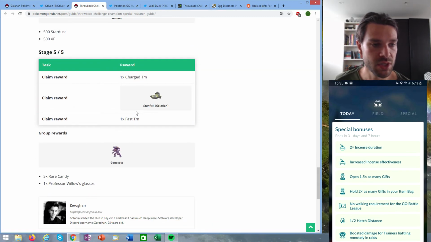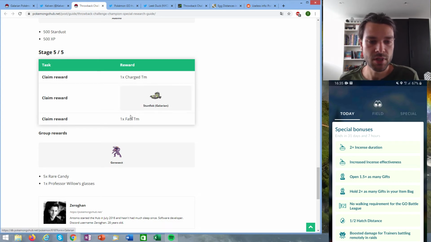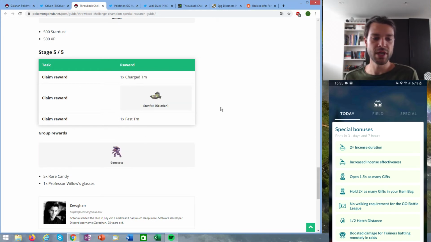And stage 5 is going to claim reward. Okay, so no test there. Charge TM, Fast TM, and Galarian Stunfisk and Genesect. So here, what you can do, there's really no reason to